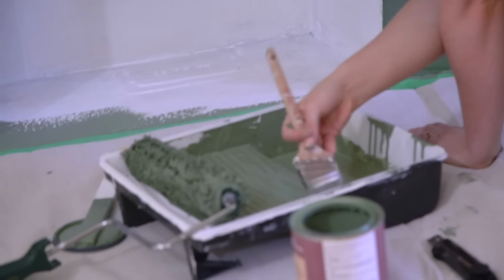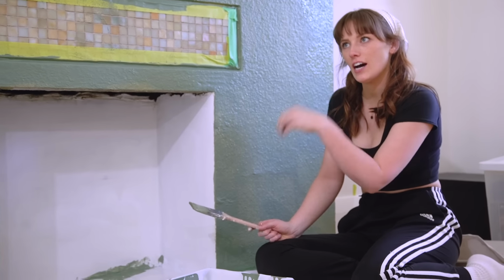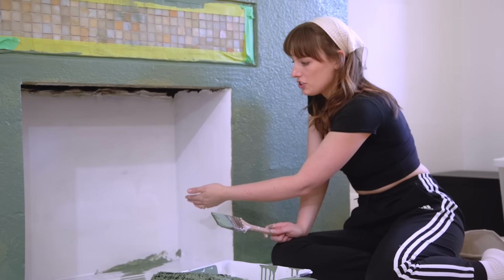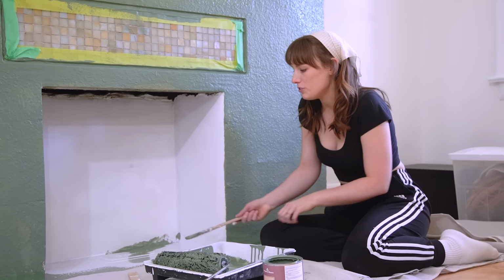So this would have been a wood burning fireplace. There's even a little hatch here that, when we were doing the basement, there was a little hatch down there, and I was like, what is this? And you would sweep the ashes into this little hatch, and then it would go down and you would clean it out in the basement, which is